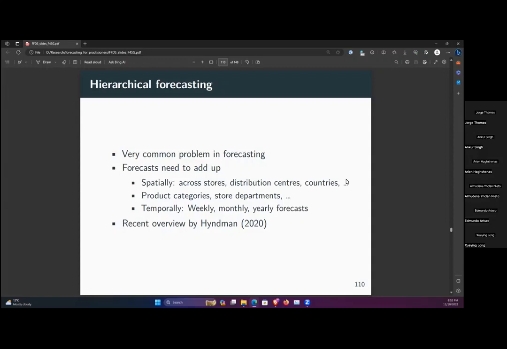The problem with hierarchical forecasting is that the forecasts have to reconcile properly. Let's say you're predicting sales at a particular store, and then if you aggregate them back to regional level, they have to be a perfect aggregate. If I have 10 stores and each prediction is 10, and then I make another prediction for a region level and it doesn't match up, then it's not consistent. There is a good overview by Rob Hyndman, which we have cited here, if you want to read more.